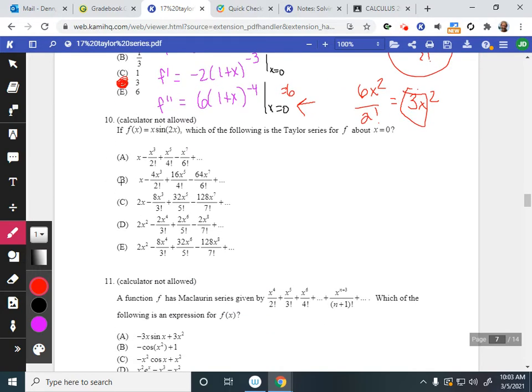Okay, 10. Which of the following is the Taylor series for f about x equals 0? This is a tough one. So x times sine of 2x. First, let's remember what sine of x is. We already did it 2 problems prior. So sine of x